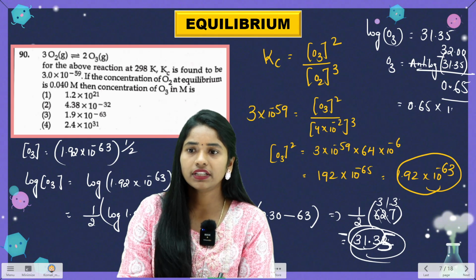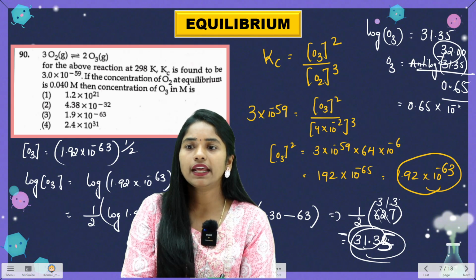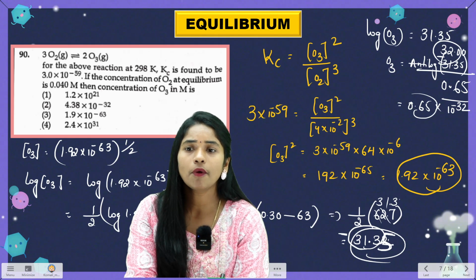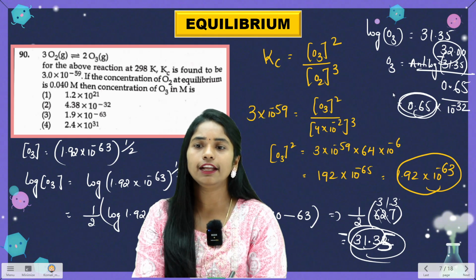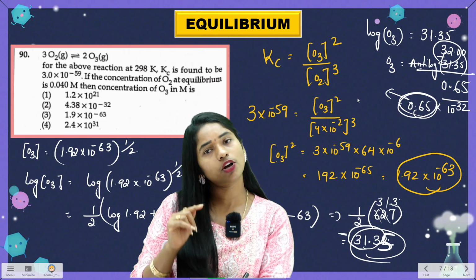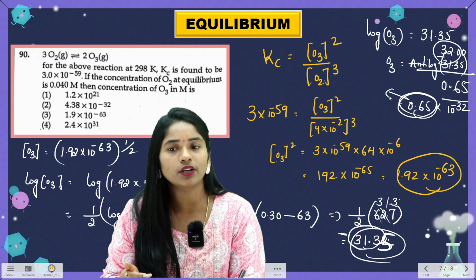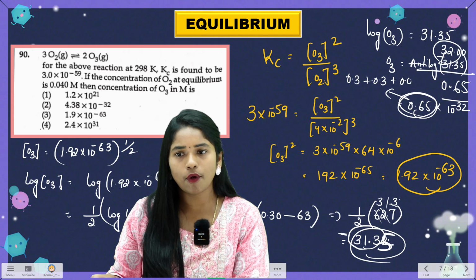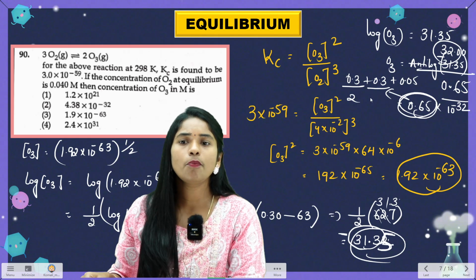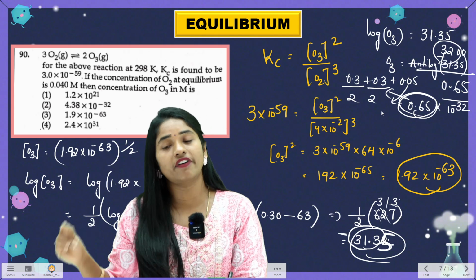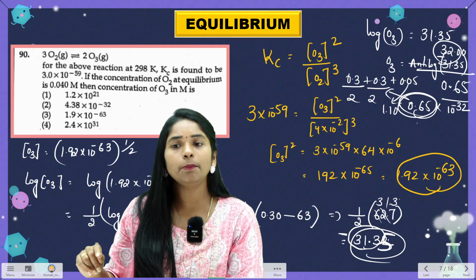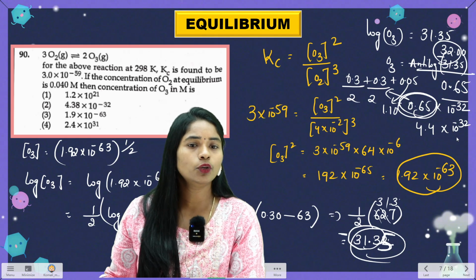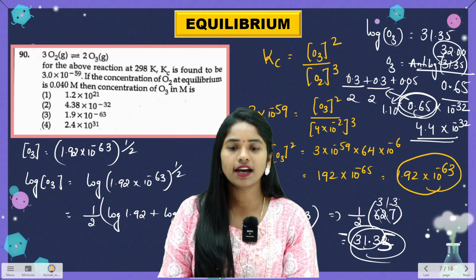And whatever is there here goes as a power, so 10 to the power of minus 32. Then for the 0.65 number, how do you find the anti-log value? You already watched my previous video on log and anti-log. How can you write this one? 0.3 plus 0.3 plus 0.05. The 0.3 value is 2, 0.3 value is 2, and the 0.05 value is 1.10. If you multiply this, we will get our answer around 4.4 into 10 to the power of minus 32. Option 2 is the correct answer.